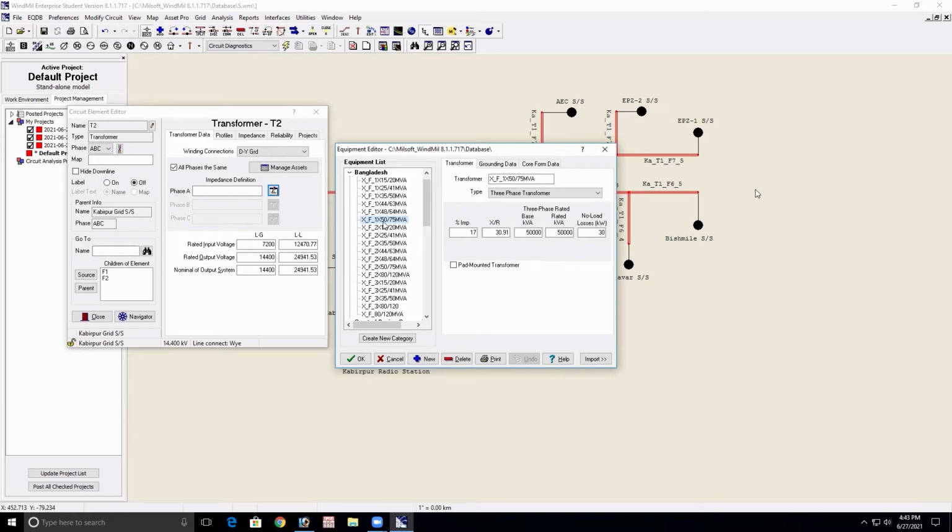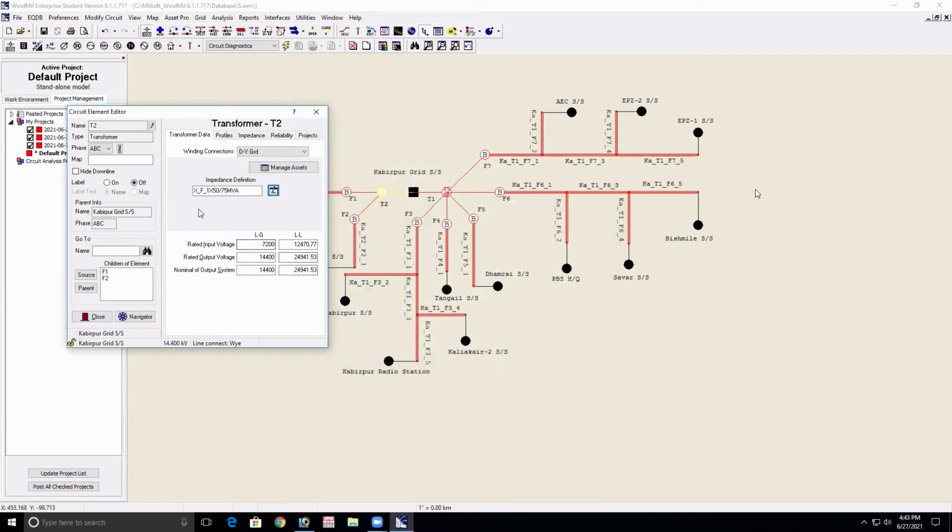Please click it, 50 by 75. Okay, so your definition is finished.